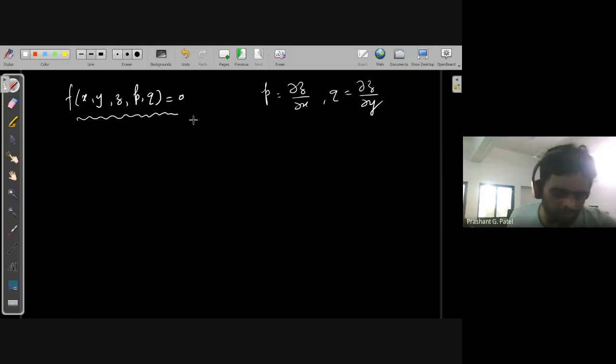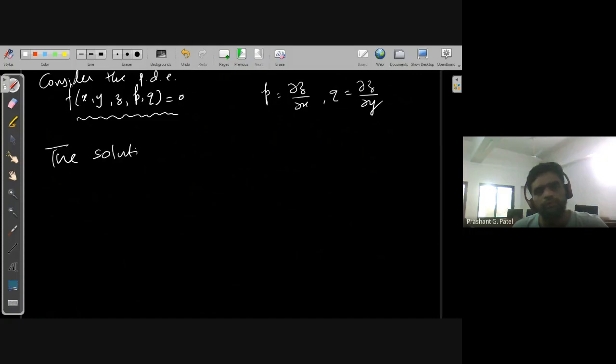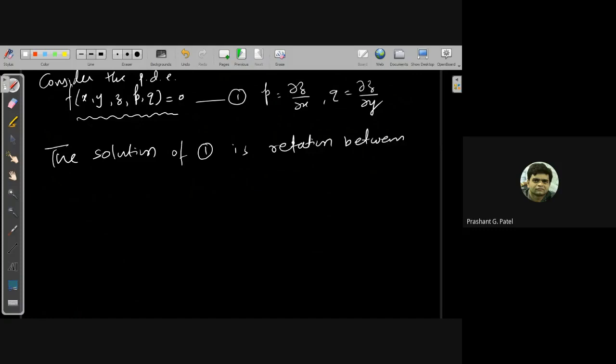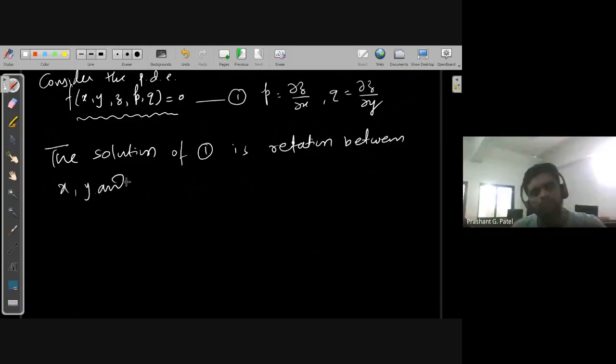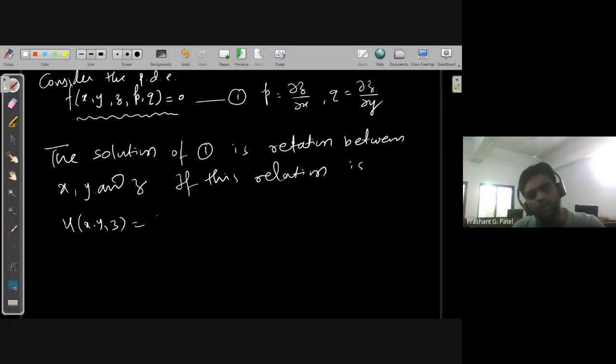So to do this, let us consider the PDE of this form. If I call this equation number 1, the solution of 1 is a relation between x, y and z. If this relation is u(x, y, z) = constant, then